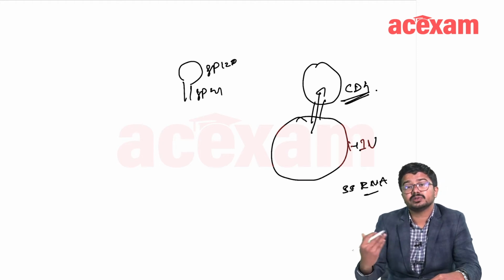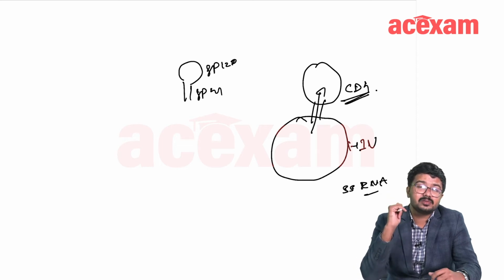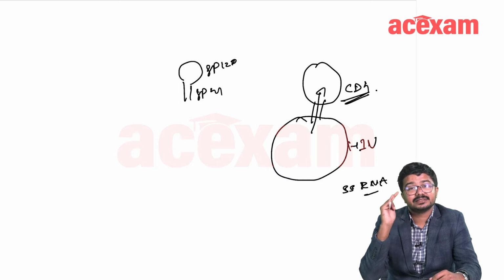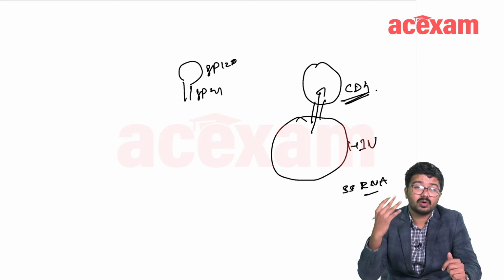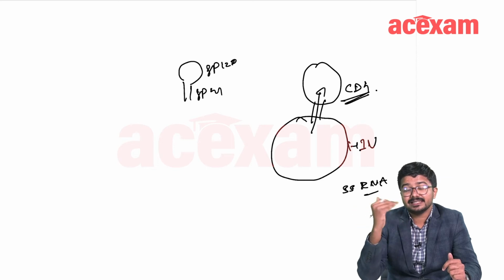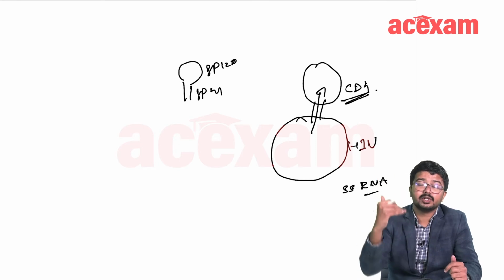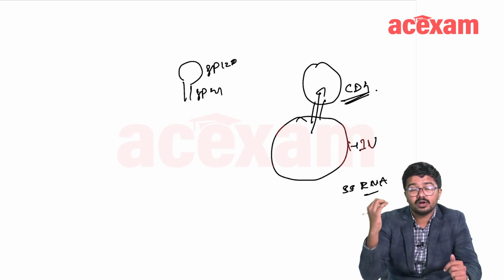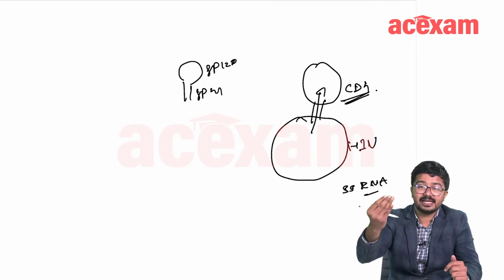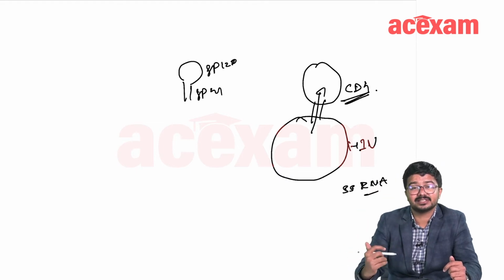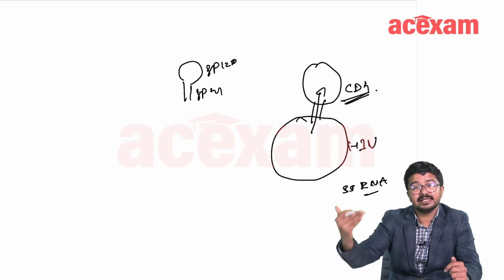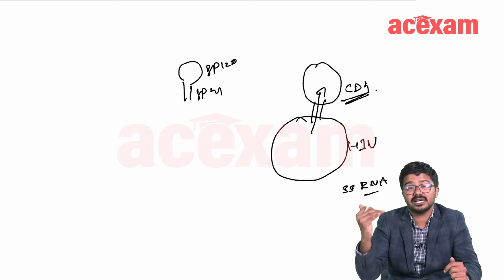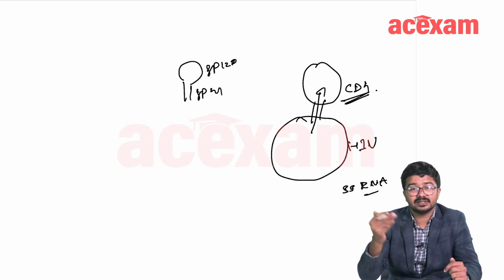Basically, the HIV will be sending its single-stranded RNA into the CD4. Along with that, it also sends some enzymes. Three important enzymes: one is the reverse transcriptase, second is the integrase, and third is the protease. Understand why these three enzymes are important. HIV is a single-stranded RNA, whereas it is attacking the human, and humans contain DNA. So, in order to convert this RNA into DNA, you need an enzyme, and that enzyme is nothing but the reverse transcriptase. After it has been converted, it needs to be integrated with the human DNA. For that, you require an enzyme known as integrase. So that is the function of integrase.